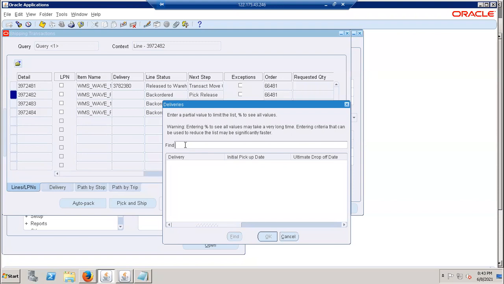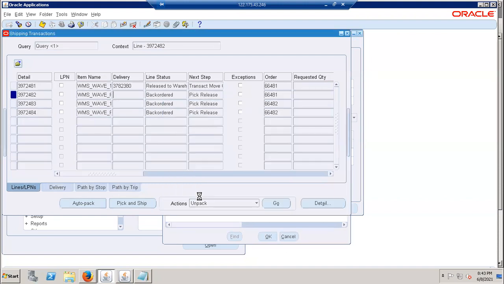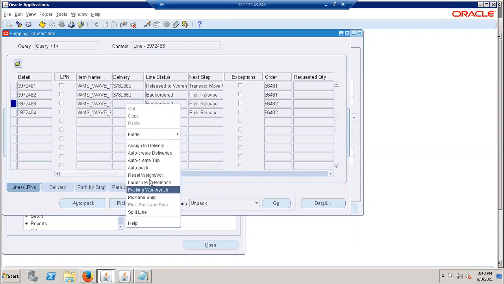3782. It is first of all not showing there. So that all pick at a time. You will assign to delivery and then try to do launch quick release.